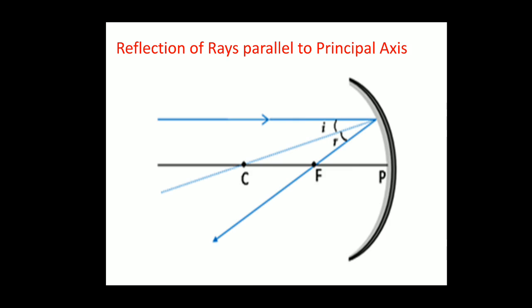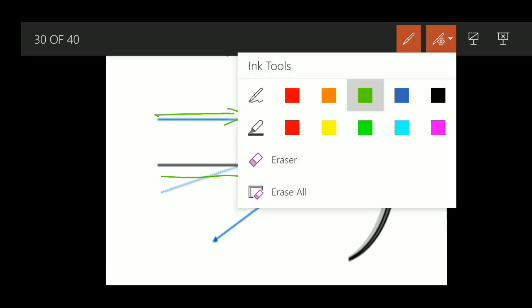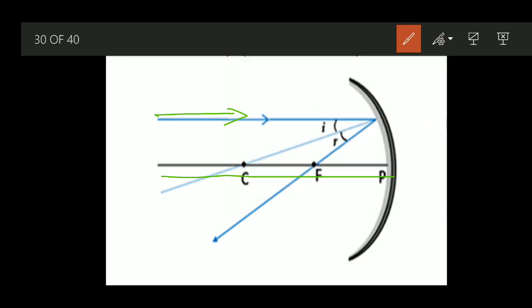Now, I have taken my first ray as this one. This is my first ray, which is called the incident ray. Is it parallel to the principal axis? This is called the principal axis. The incident ray and the principal axis both are parallel. So the first rule is, if the incident ray is parallel to the